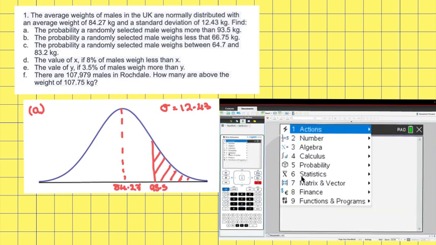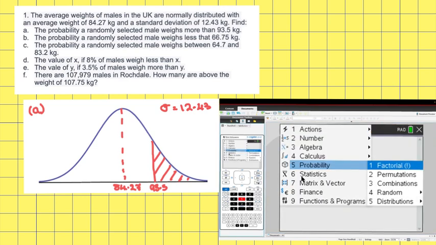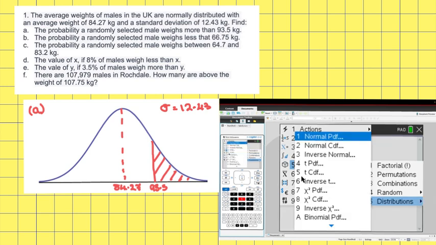So I go to Menu, 5 Probability, 5 Distributions, and the normal, because it happens so often, is right at the top, and there are 2 to choose from. We always use normal CDF because it is continuous data and not discrete data. In the IB, we will always use normal CDF, and then if we have to go the other way, we will use inverse normal. So we want 2, normal CDF,